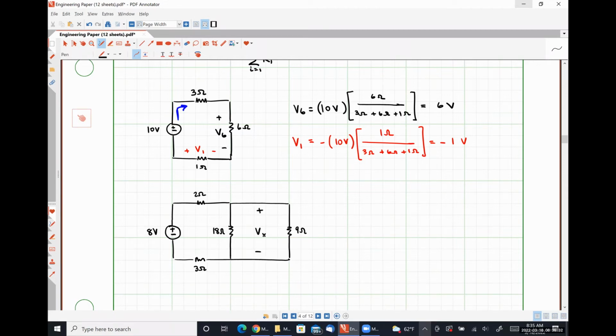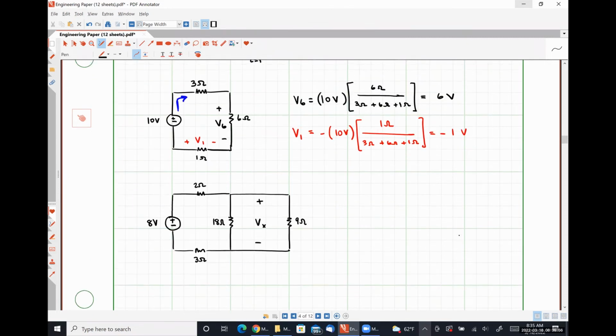So does the network that's connected to my known voltage of 8 volts, is it simply a bunch of resistors in series? No, there's a parallel combination in there, okay? But recognizing that the voltage Vx is the same voltage drop over the 18-ohm resistor and the 9-ohm resistor means that we can apply voltage division by treating that 18-ohm resistor in parallel with a 9-ohm resistor as a single equivalent resistance. So we would have 8 volts times,